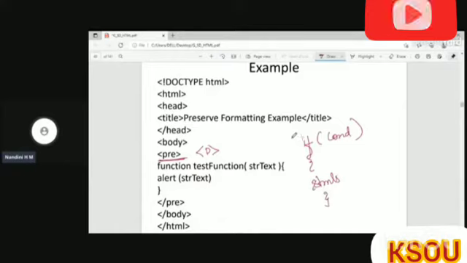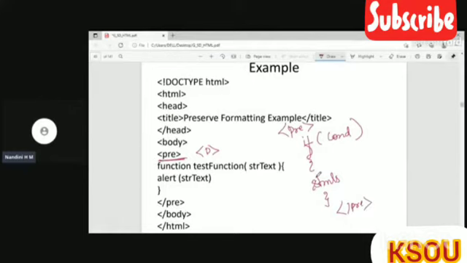Okay, so I want this particular format to appear on the web page. At that time, I have to use preserve formatting. So it will be the same as what I have written in the editor.